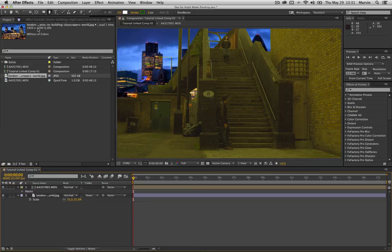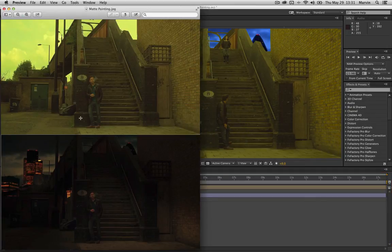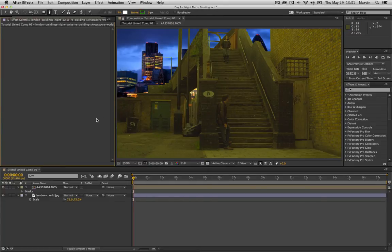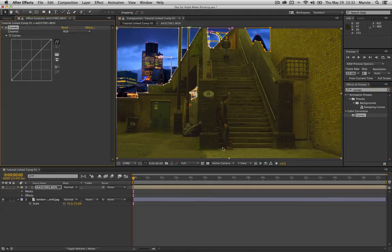So as you can see, it doesn't really look like it's very integrated. It doesn't really look like it's part of the same shot like you have over here. So the next step would be to find the colors. I put curves on the original footage layer,